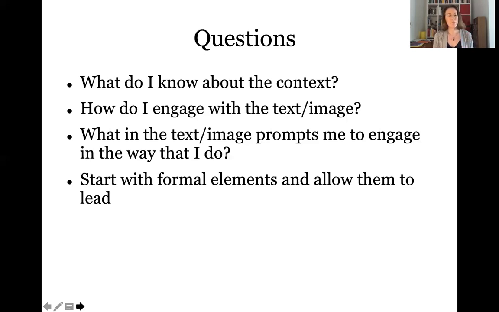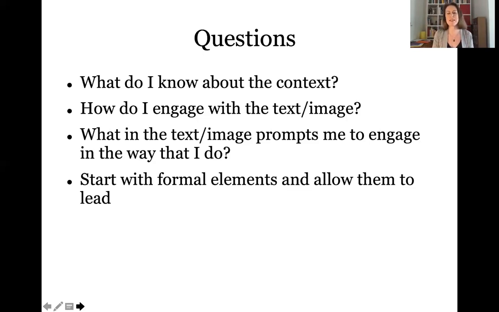And another really important thing that we always discuss with students who freshly arrived is you don't have to immediately say, oh, it's about this. You know, here's the meaning of this thing that I'm looking at. You might get there, and you might also learn to come away from a big blanket statement like that.